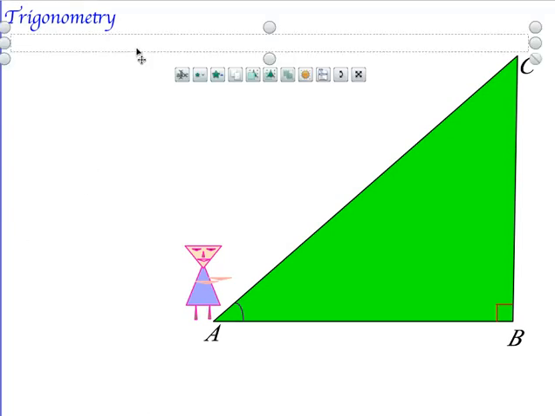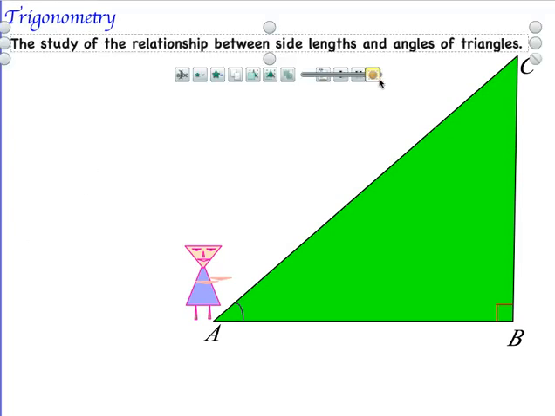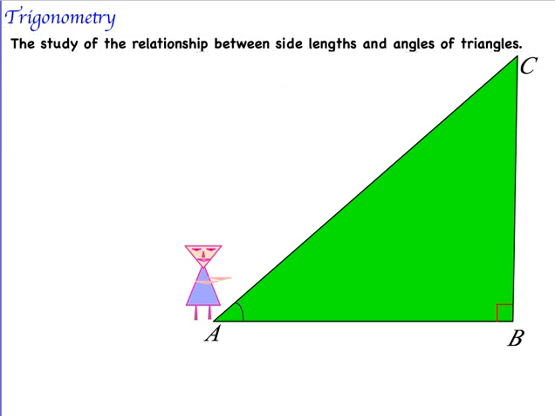Trigonometry is the study of the relationship between side lengths and angles of triangles. So in the past, we have learned that a triangle has 3 sides and 3 angles. And when we have a triangle that has a little box, such as this one on angle B, we call